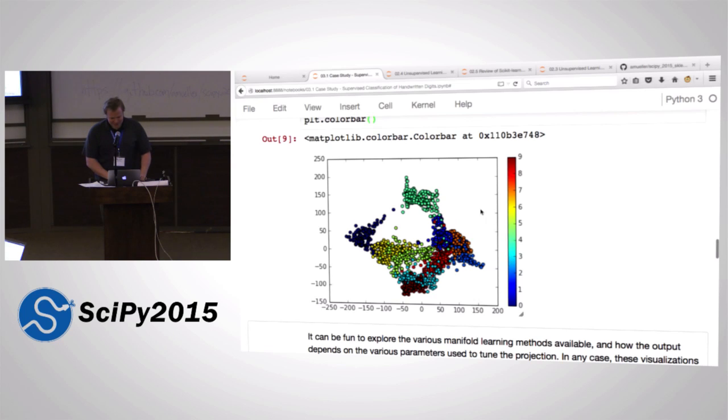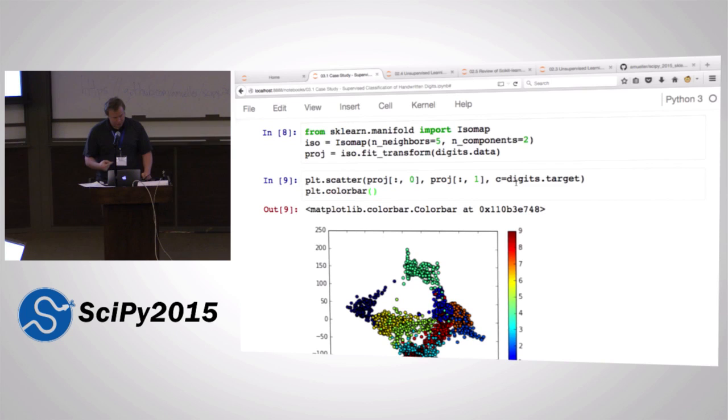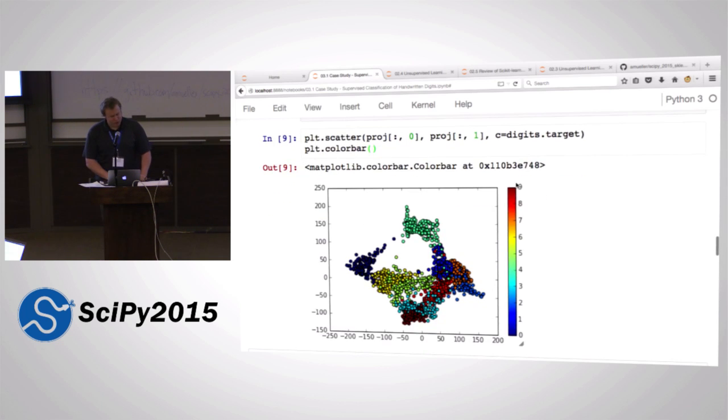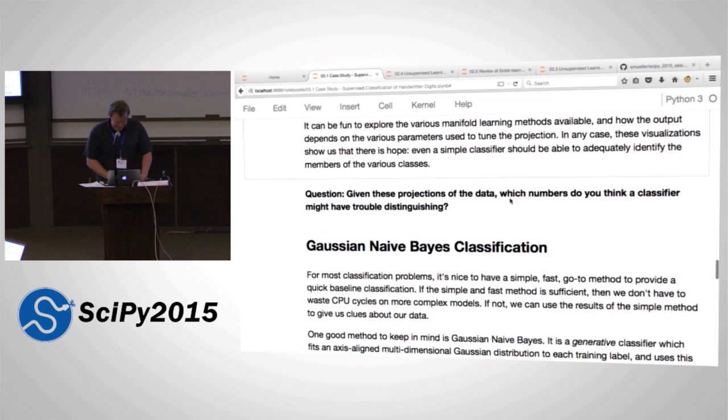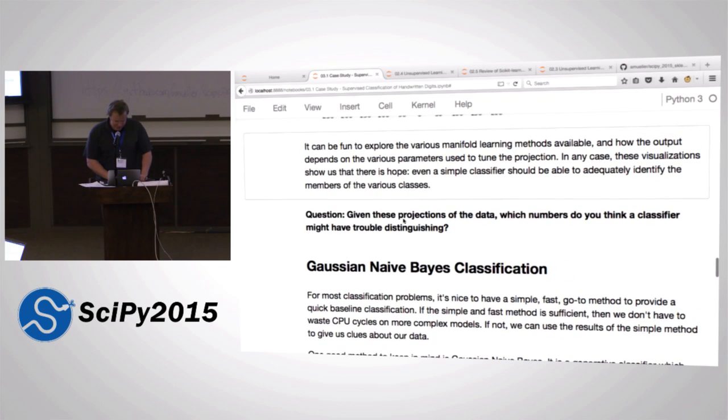So we have isomap here. It separates things a little better. If you have a more recent version of scikit-learn, Andy showed t-SNE. That is kind of the de facto plotter these days for making pretty graphs. It does really cool stuff to data, and then you have to ask yourself, is this really useful or not? It's a tool that's explicitly for visualization. But it looks awesome, so put it in your presentations and show it to your boss. So we have all kinds of manifold